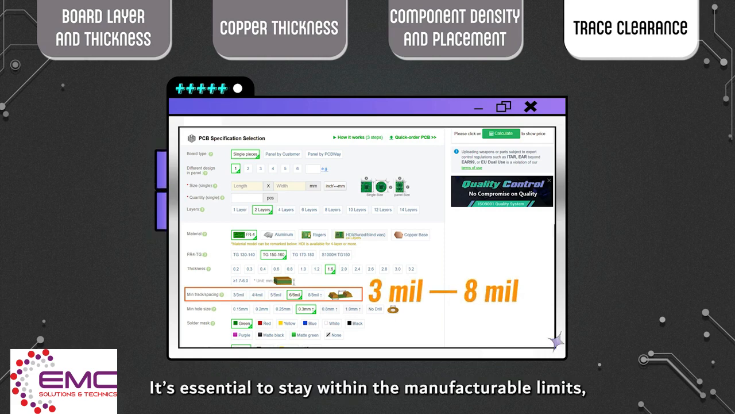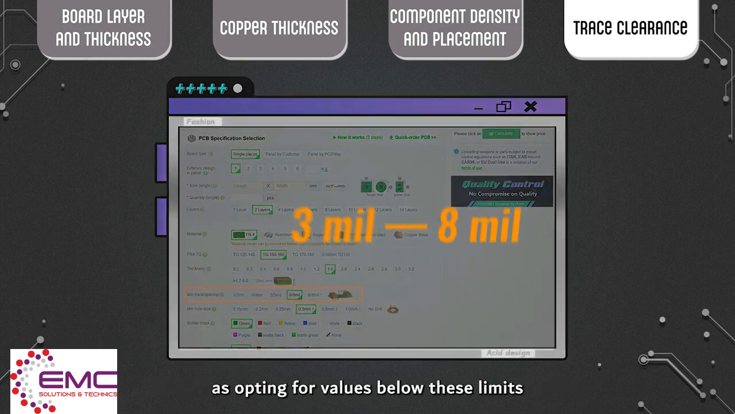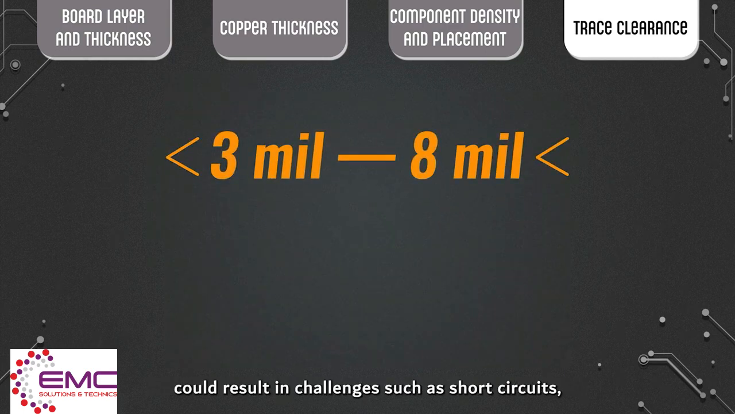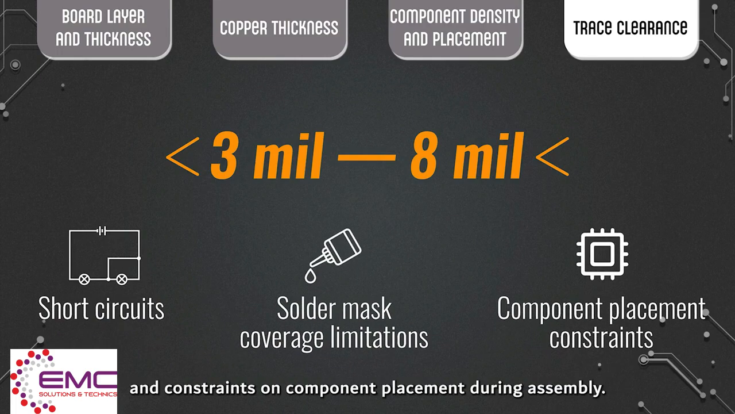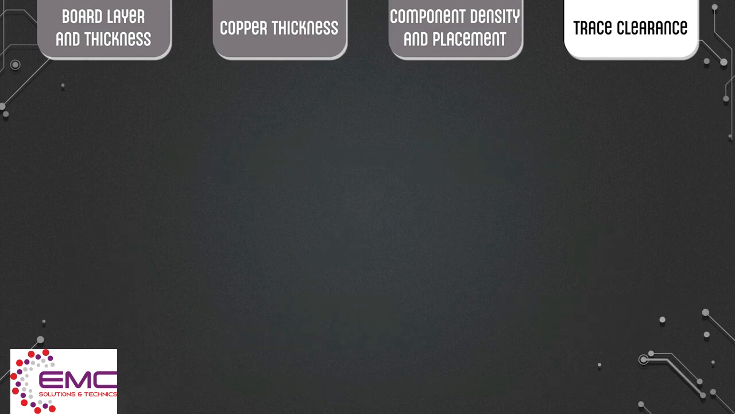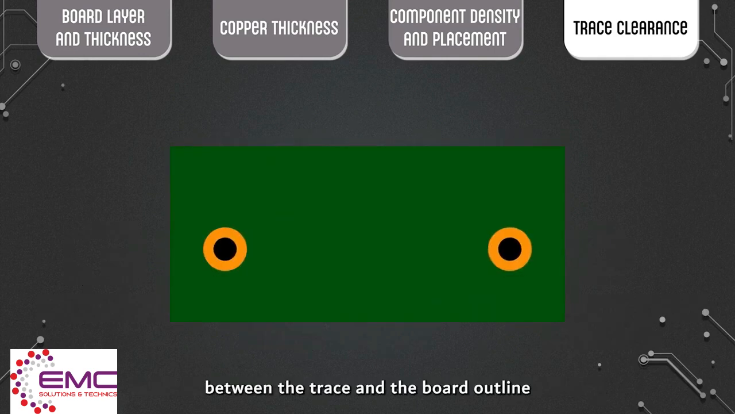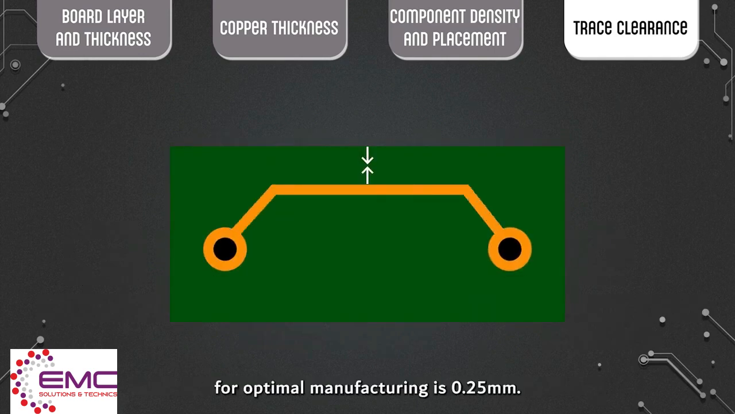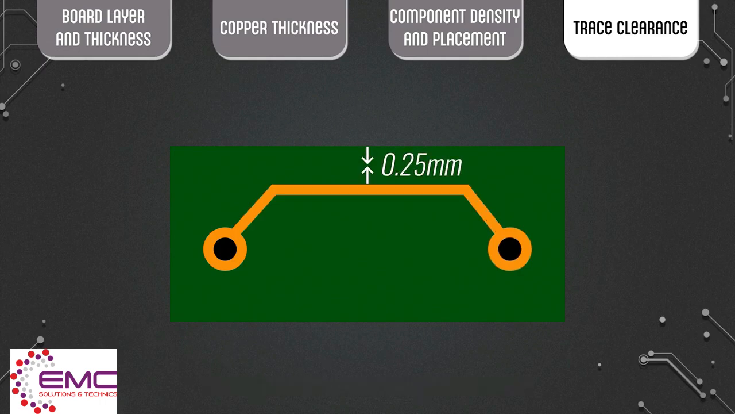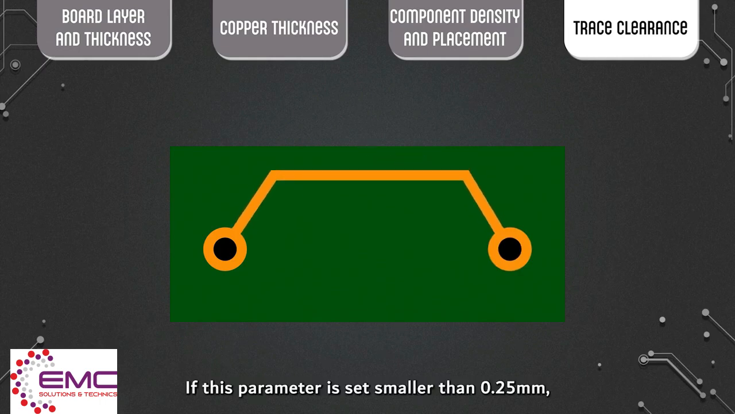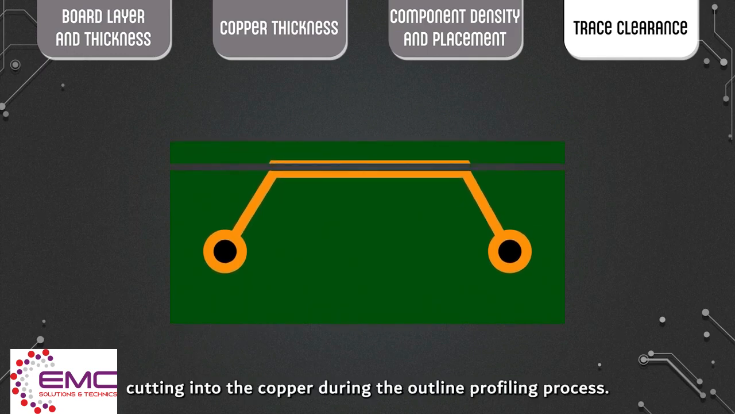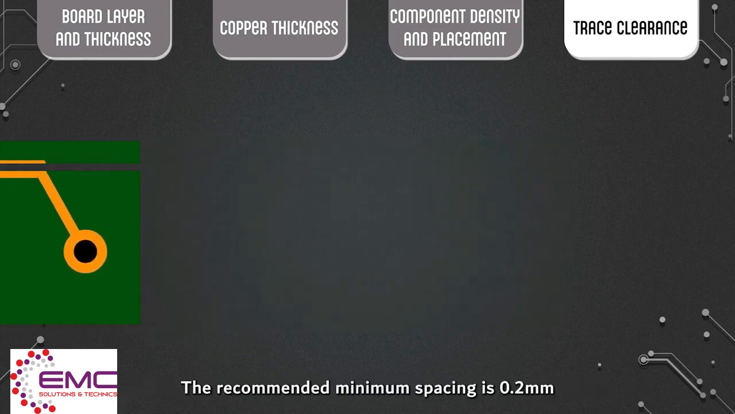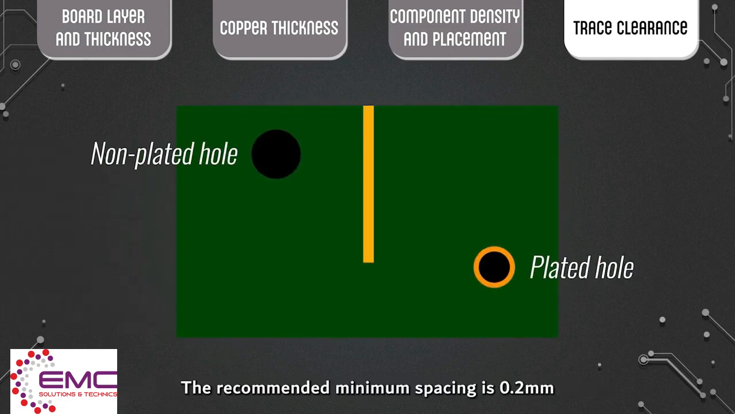It's essential to stay within the manufacturable limits, as opting for values below these limits could result in challenges such as short circuits, limitations in solder mask coverage, and constraints on component placement during assembly. The recommended minimum distance between the trace and the board outline for optimal manufacturing is 0.25 mm. If this parameter is set smaller than 0.25 mm, there is an increased risk of cutting into the copper during the outline profiling process. The recommended minimum spacing is 0.2 mm from a non-plated hole to a